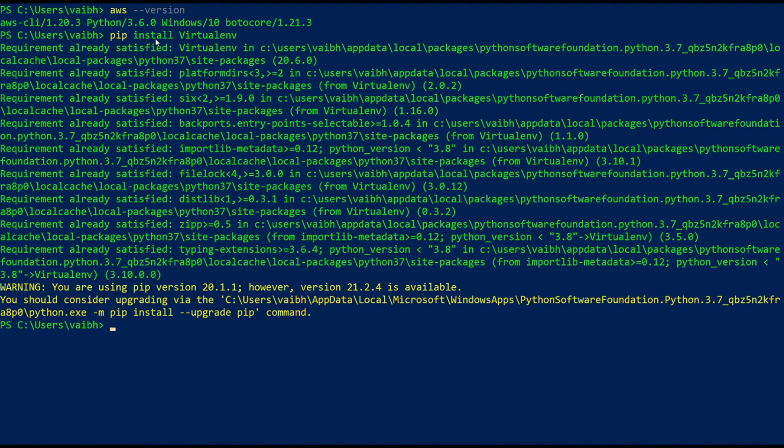So you can see that it is showing as requirement already satisfied because I already installed virtual environment before. That's why it is showing as a requirement already satisfied. But in your case, it will show virtual environment completely downloaded. So moving ahead,